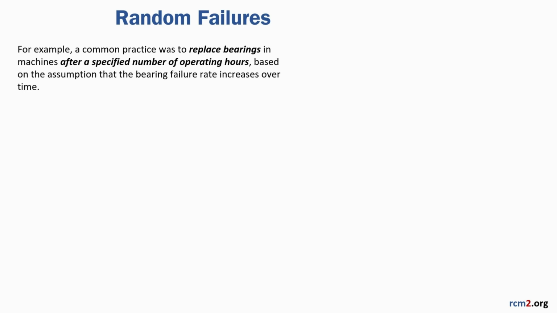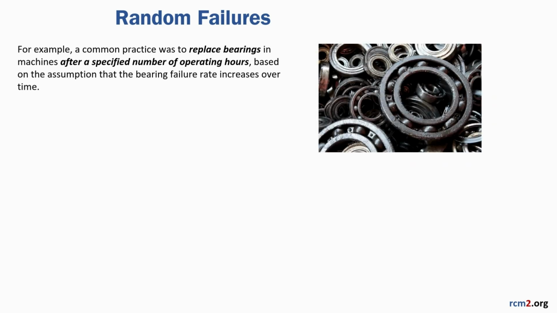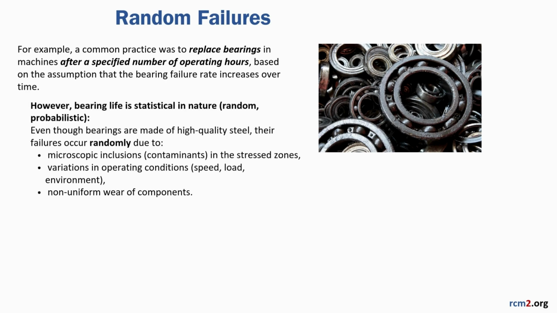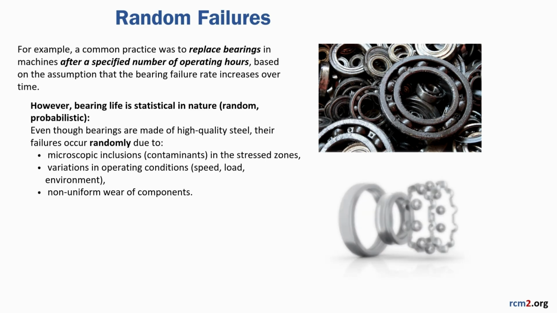Let's take an example from industry. For many years, a common practice was to replace bearings in machines after a specified number of operating hours, based on the assumption that bearing failures increase with age. However, bearing life is statistical in nature. It's random and probabilistic. Even though bearings are made of high-quality steel,